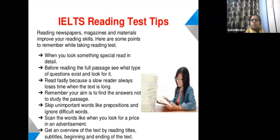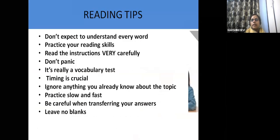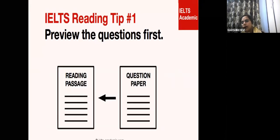Okay. Now, when you look for something special, read in detail. This is what we actually go into when we start tomorrow's session. This is the introduction slide of tomorrow's session. Related to reading, you will also get the yes or no question strategy. I will give you that tomorrow. Okay. Now, as I promised you yesterday,